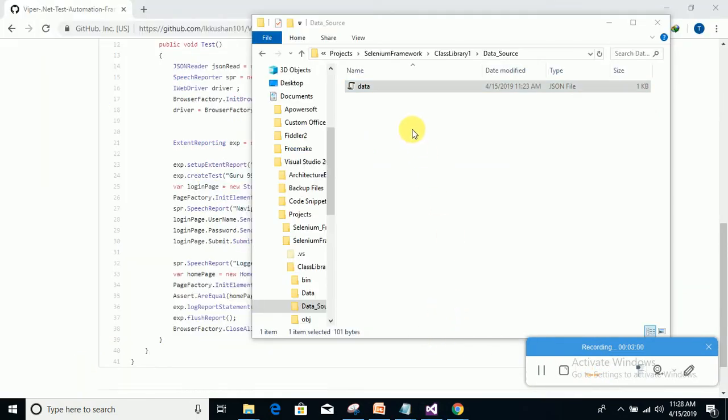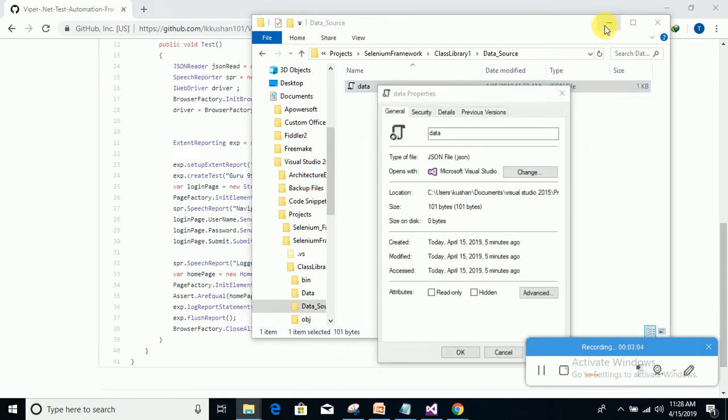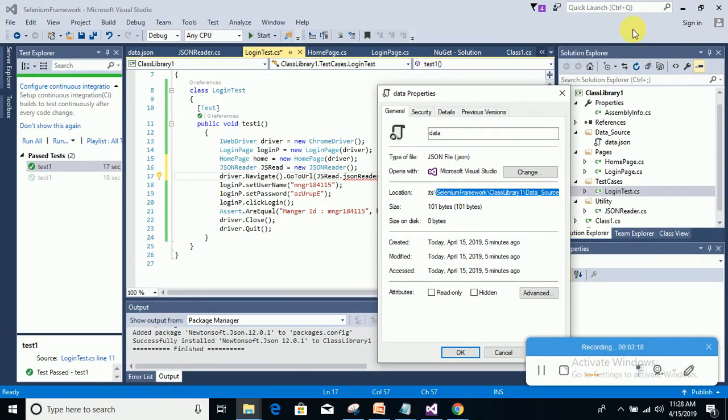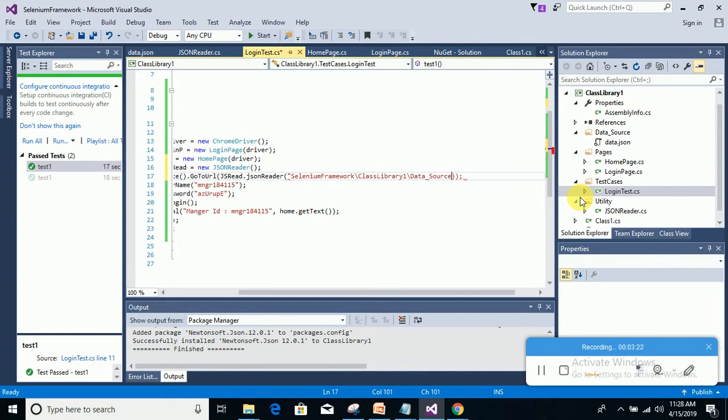So I'm going to go to the properties, and I'm going to copy the path from here, and I'm going to paste it in my JSON Reader path. Here we go. So I have to change this to //